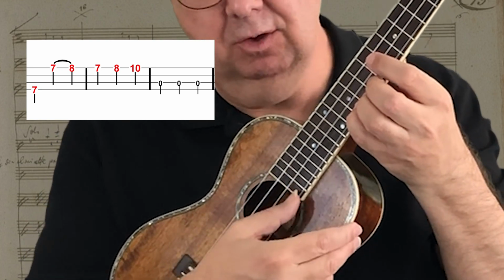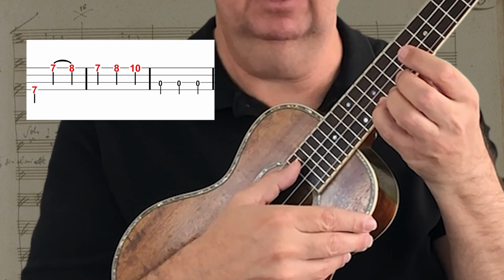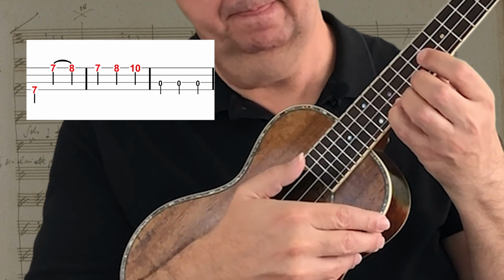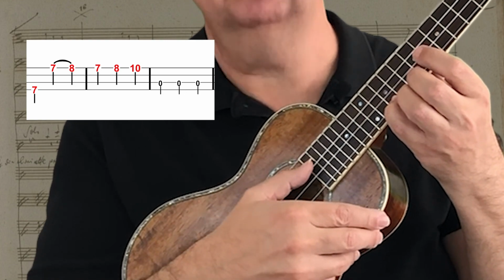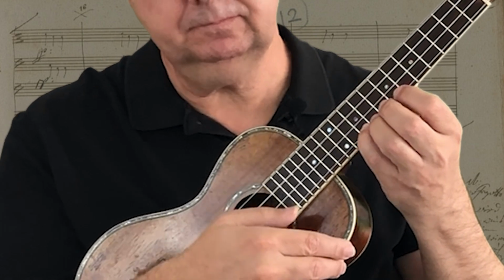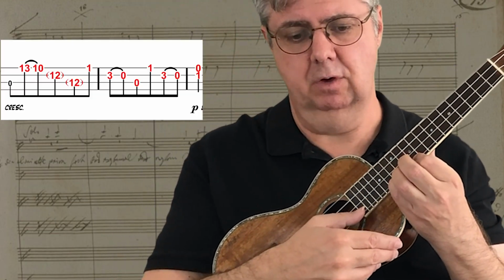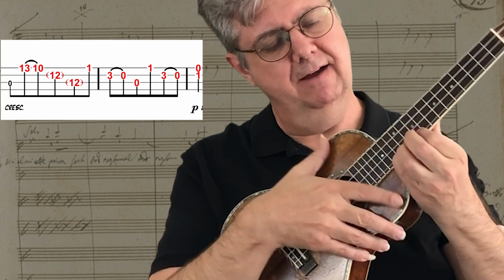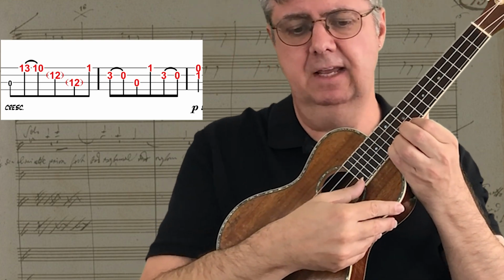So I'll play that note, really emphasize it, play the open 3rd string in the next measure, and then for the first beat of the next measure after that, and this is probably the hardest lick maybe in the movement. This is a descending C7 chord, and what I'm going to do here is I have my pinky on the 13th fret of the 1st string, pulls off to the 10th fret of the 1st string,